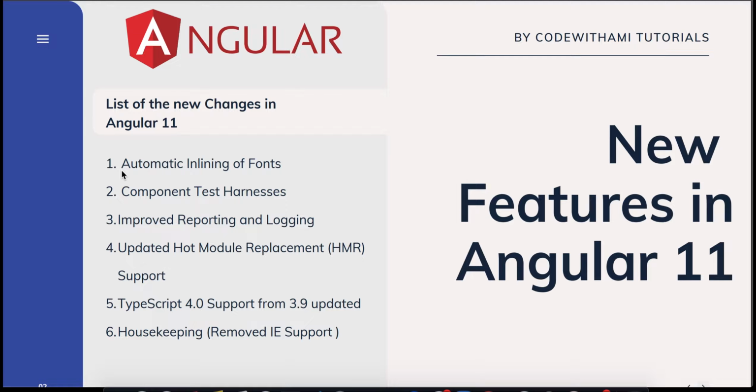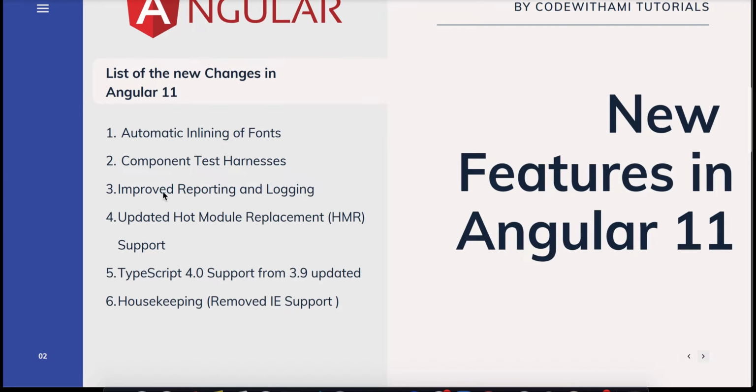Okay, so the first feature is automatic inlining of fonts. To make your application even faster, Angular has introduced automatic inlining of fonts. During compile time, the Angular CLI will automatically download the fonts that are being used and linked in the application. So once you have the bundle of the application and you deploy it on the server, the browser will not have to download the fonts again to render them. The bundle will always have the fonts. That will decrease the rendering time and increase the performance of your application, which is cool. So this is a cool feature of Angular.